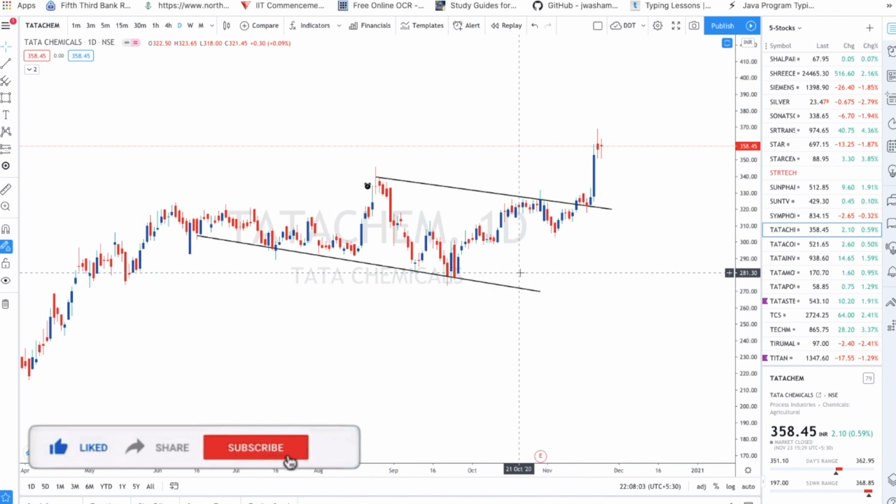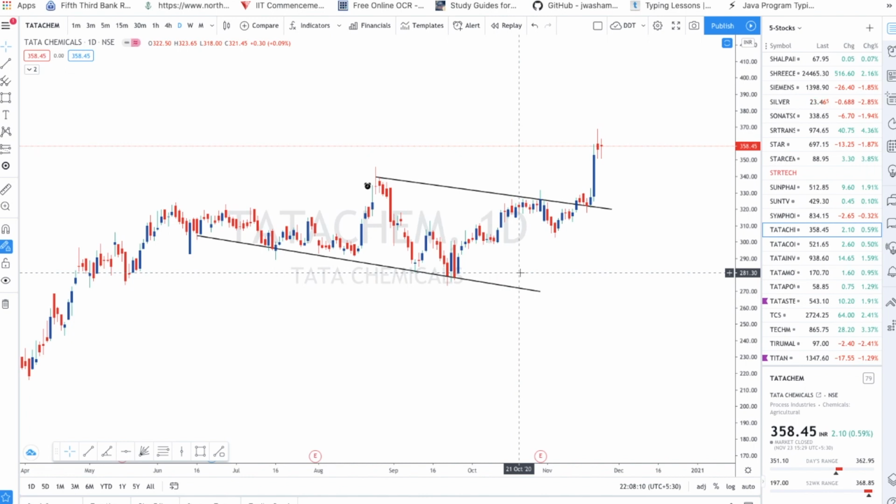How many alerts you get depends on the plan you have. If you log in to TradingView, you will get a 1 month trial, so use it. If you like it, just purchase one of their plans, like Basic, Pro, Advanced and Platinum. Those are the plans they have. But as per your need, if you really require it, then go for it.